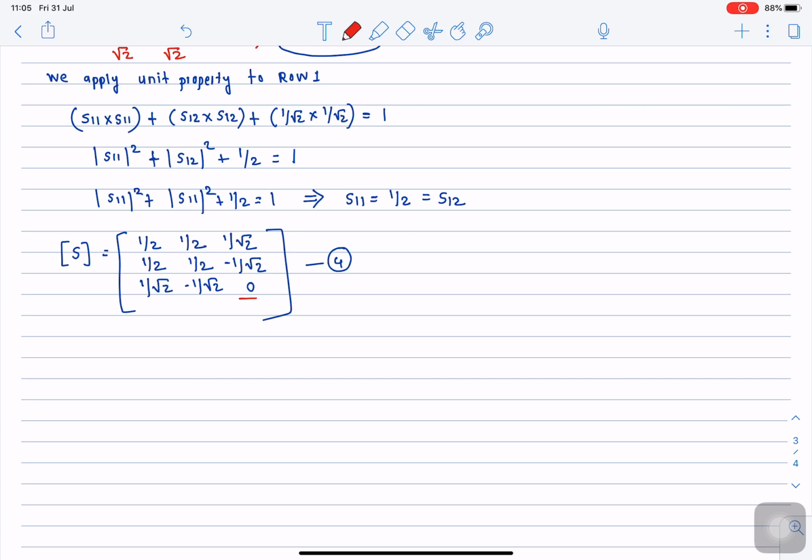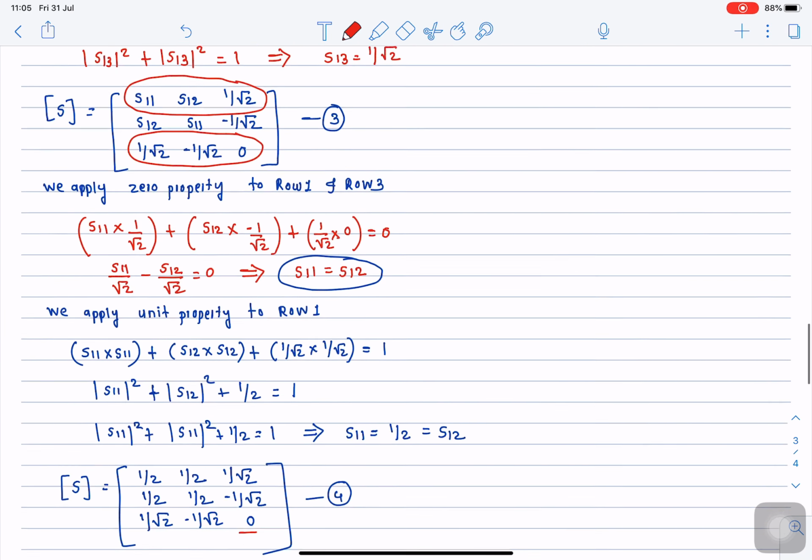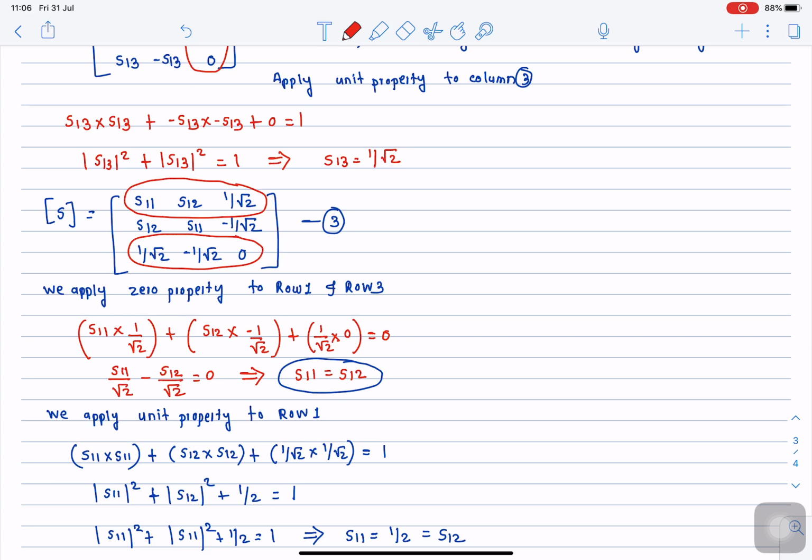Whatever power you feed at port number 3 will get equally split and will be output at port number 1 and port number 2. But in the case of the E plane T, this power will come with opposite polarity with respect to each other, while in the case of the H plane T, the power you get at the remaining two ports is equal, and also equal in terms of polarity or sign convention. So these are the two different types of T's which are very commonly used in microwave circuits, especially for splitting